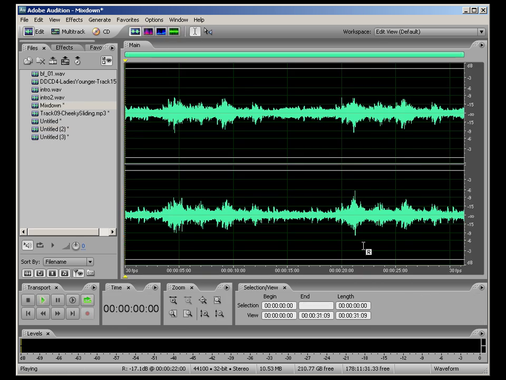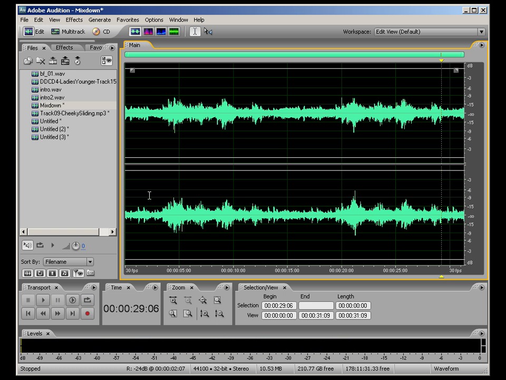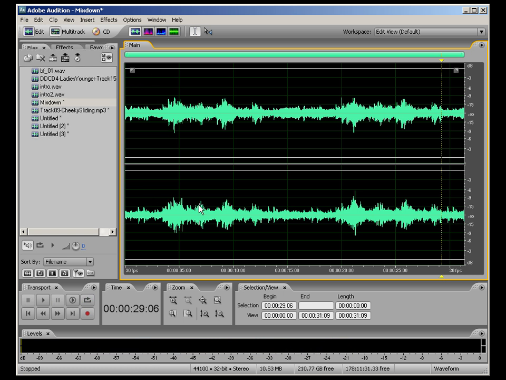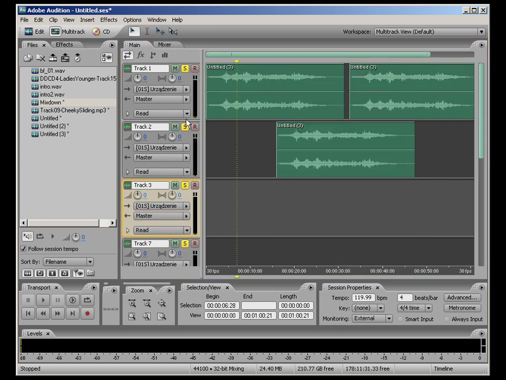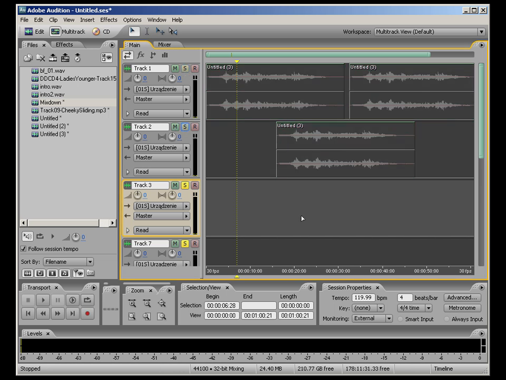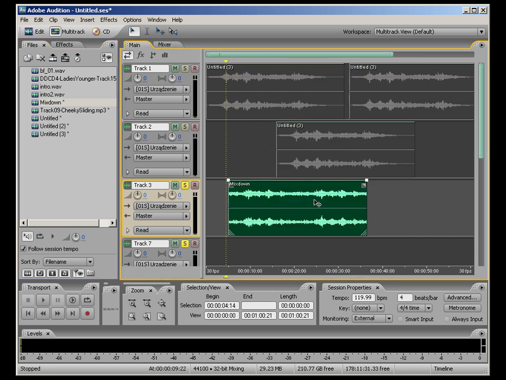And we've got ourselves a file which is looping seamlessly, like we heard just a second ago. So we've got a nice loop in here, very good. And let's just go back to the multi-track view. So what we can actually do to make it sound a little bit better, like, you know, we don't have this abrupt start. Well, it's actually very easy, because once we have it as a loop, we can, for example,